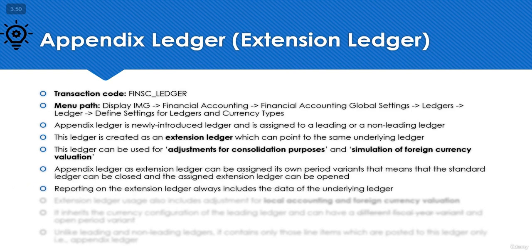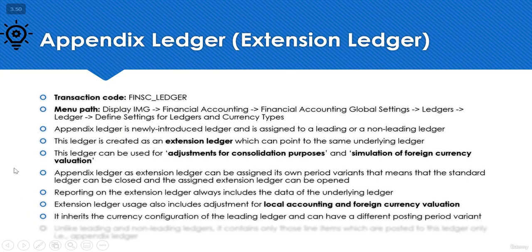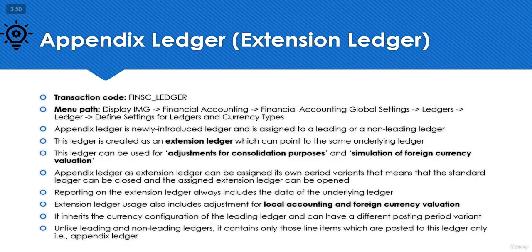Reporting on the extension ledger always includes the data of the underlying ledger. Extension ledger usage also includes adjustments for local accounting and foreign currency valuation. It inherits the currency configuration of the living ledger and can have a different posting period variant. Unlike living and non-living ledgers, it contains only those line items which are posted to this ledger only, that is